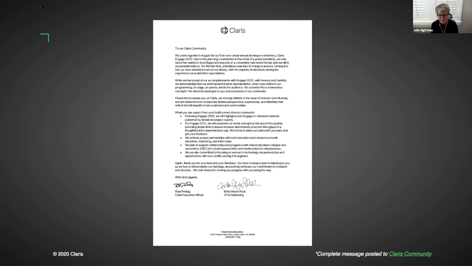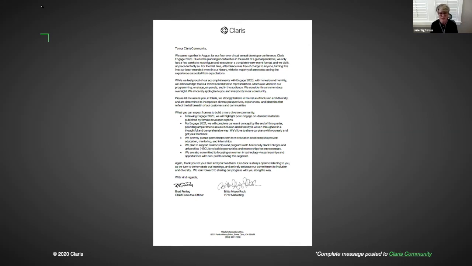An example of that is the communication that went out on Monday, and that is just the beginning. This letter indicates a few more things that are on deck, and this is, again, just the start, but we certainly are going to have more Claris Engage events, and as such, we will not do this again.